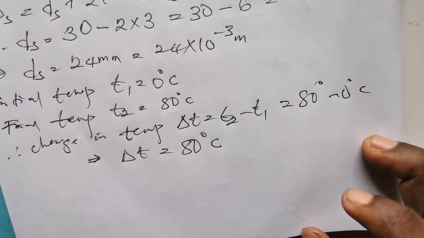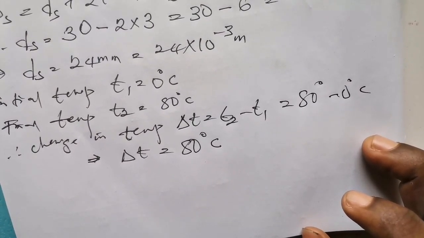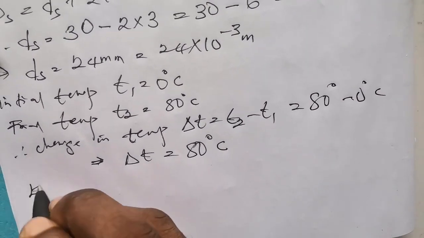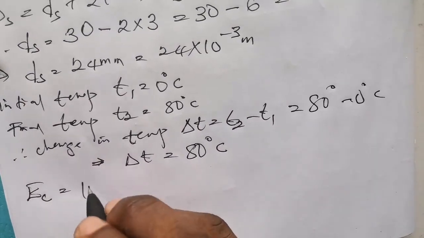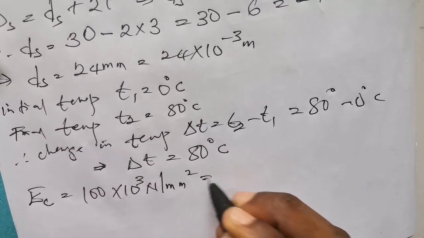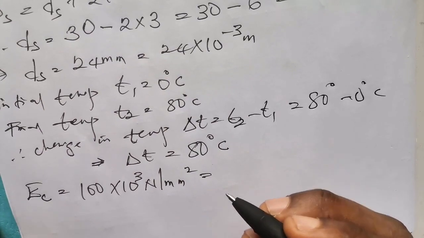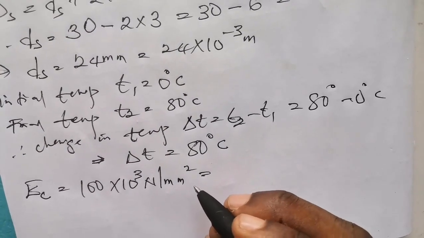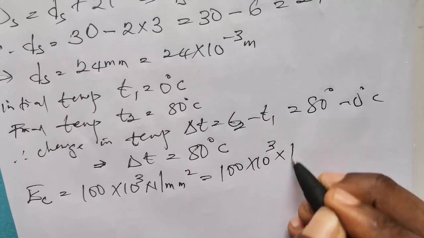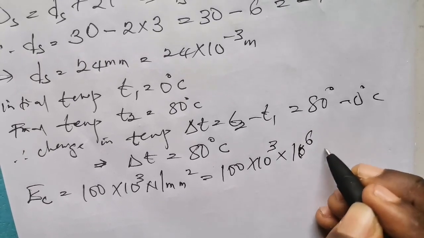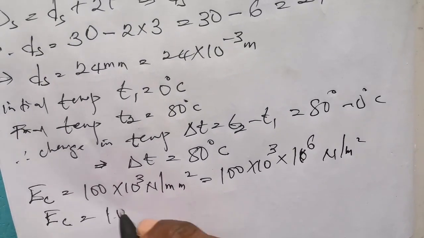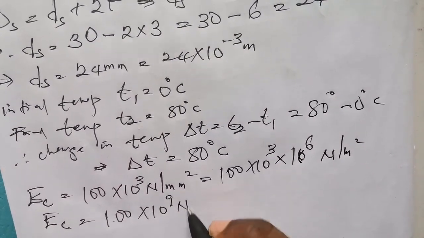The question says calculate the stress in the bar and in the tube. We're given Young's modulus of copper. Let's use EC for Young's modulus of copper. It was given as 100 by 10 to the power of 3 newtons per millimeter squared. So we need to convert this to newtons per meter squared. That is simply multiplying by 10 to the power of 6. So you have 100 by 10 to the power of 3 multiplied by 10 to the power of 6. So this means the Young's modulus of copper is 100 by 10 to the power of 9 newtons per